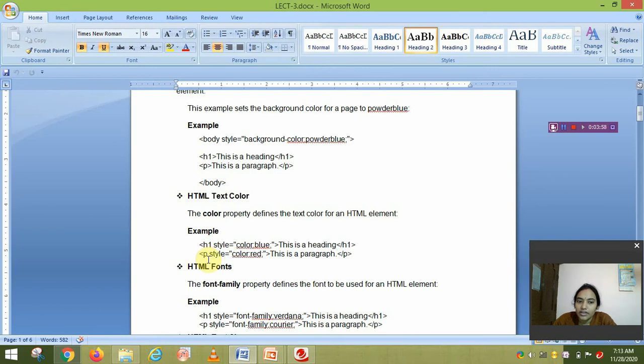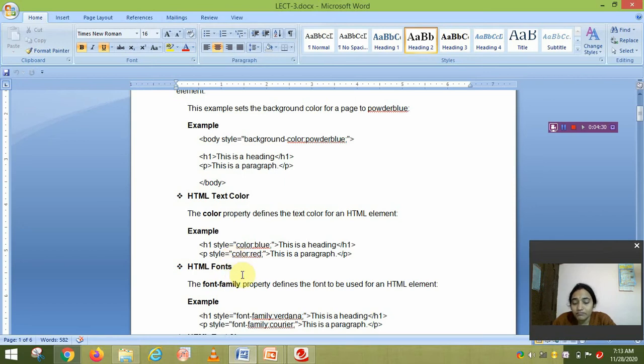If you want the heading color to be blue or the paragraph color to be red, then you write h1 style equals color, colon symbol, then blue. Or for the paragraph, p style equals color red, which means your paragraph is written in red color, then angular bracket close.